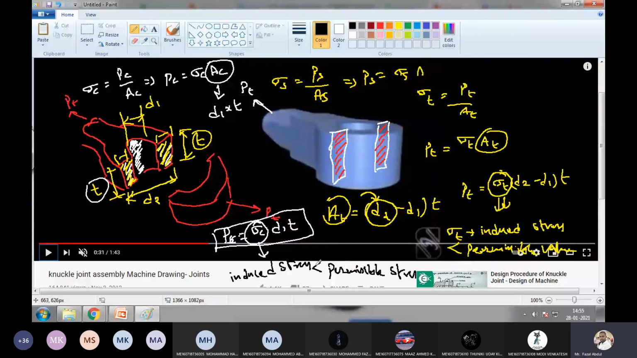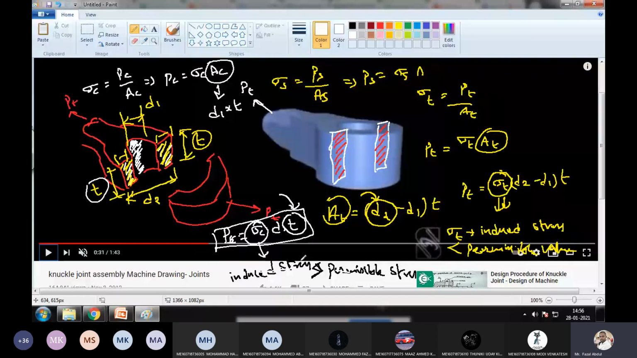If in some cases our induced stress exceeds the permissible value, then we have to check the T value, resubmit again here, get the induced stress value, then check with the permissible value. Means in all situations the induced stresses are less than the permissible stress, then only our design is safe. So this is the